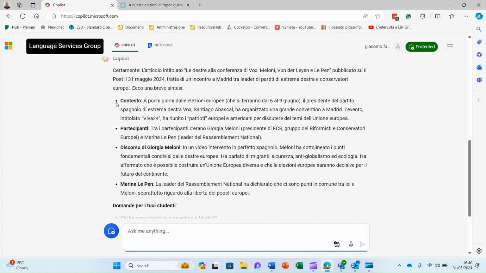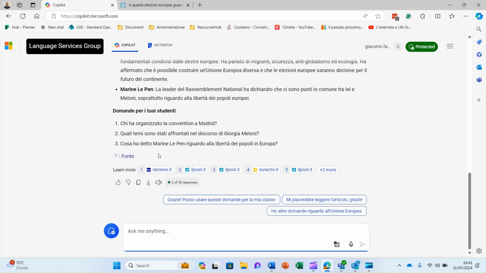So, okay, the context, the participants. So, who are the participants of this article? Who's talking? Then there is a part that is a speech from Giorgia Meloni. Then it talks about Marine Le Pen, and then at the end you have some questions, to see what people understood from the article. This is Copilot. If I go to